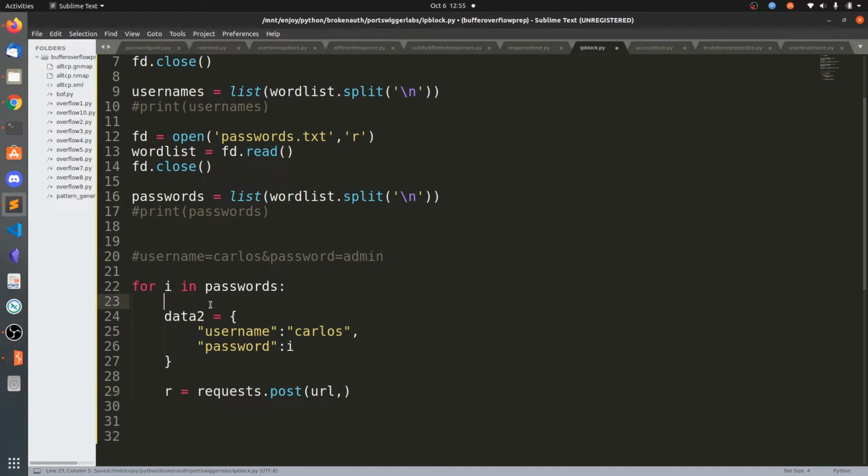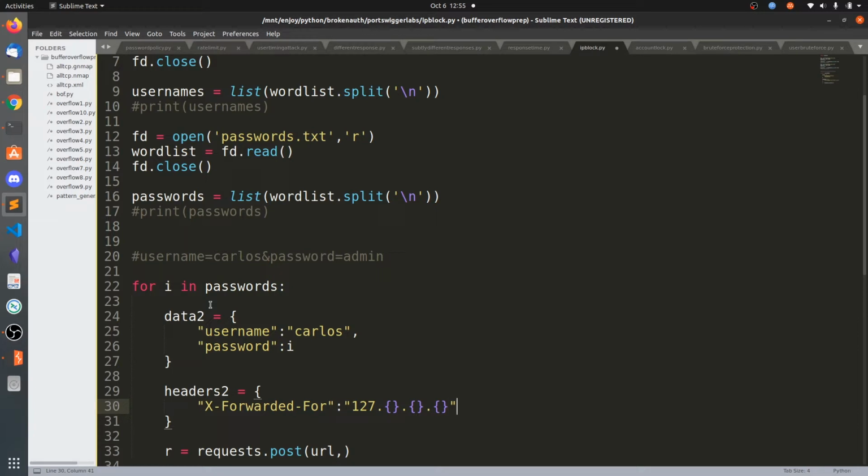Let's also add random headers. headers2 equals X-Forwarded-For, 127, and we are going to randomize 0.0.0.